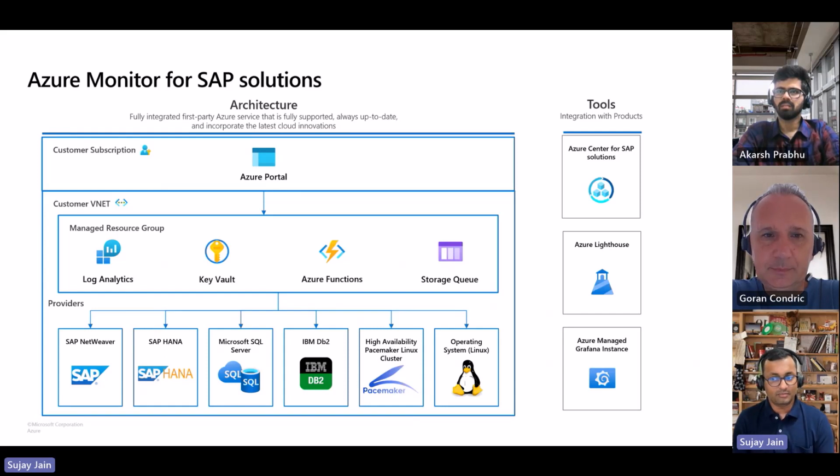Partners who are using Azure Lighthouse to manage multiple tenants can see AMS in their subscriptions as well. And then Azure Managed Grafana, the third-party visualization solution which is managed by Azure. If customers are using that, they can consume data from AMS and build their own dashboards as well.